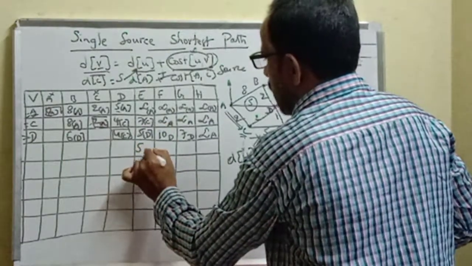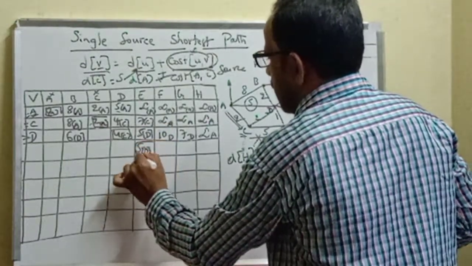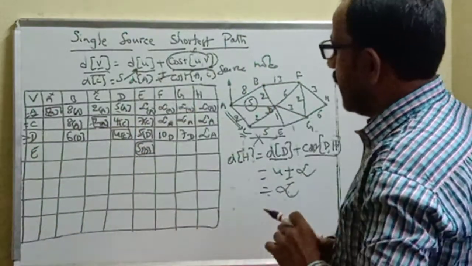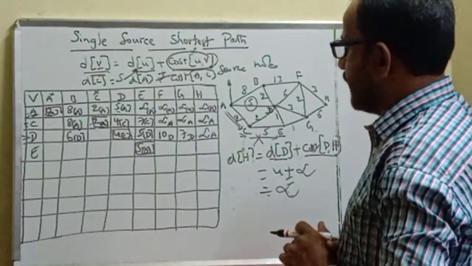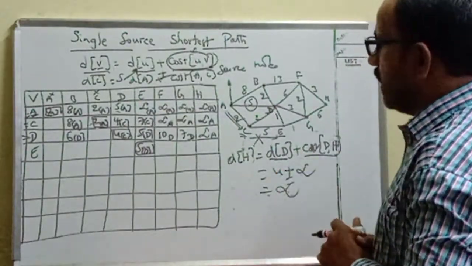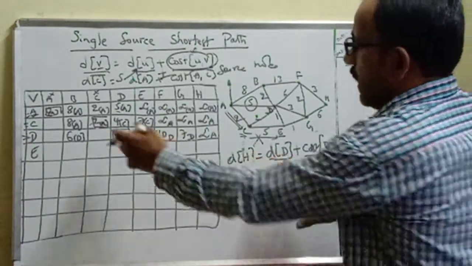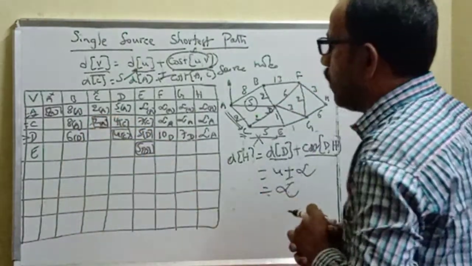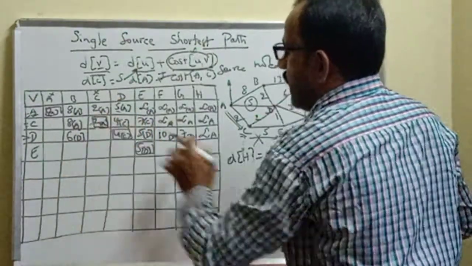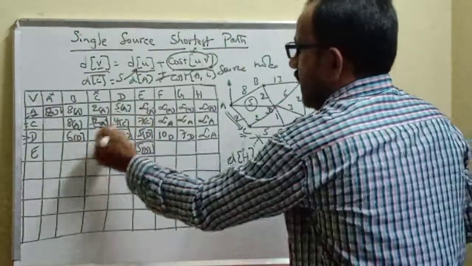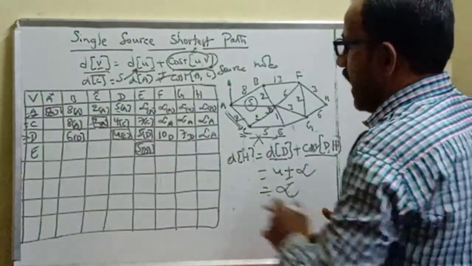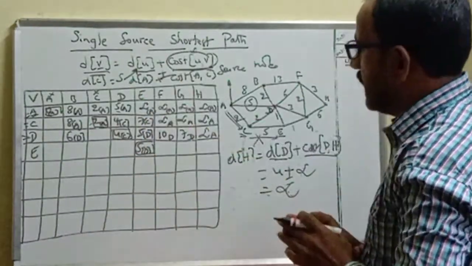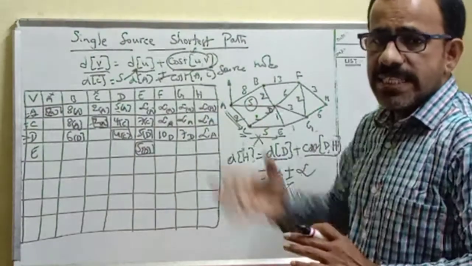Then copy 5, because now we are going to select E as the next intermediate node, because D is assigned under E. Next intermediate node is E. Now update all the remaining costs. Again, first one is B, because we have not yet selected that. If you selected, meaning if you place that one in a box, because we selected C, then we put it in a box for remembering purpose. We selected D here, then we are putting that particular one in a box. And in this case, in this row 5 is smaller, against 5 E is there. That means we are going to select E as the next intermediate node.